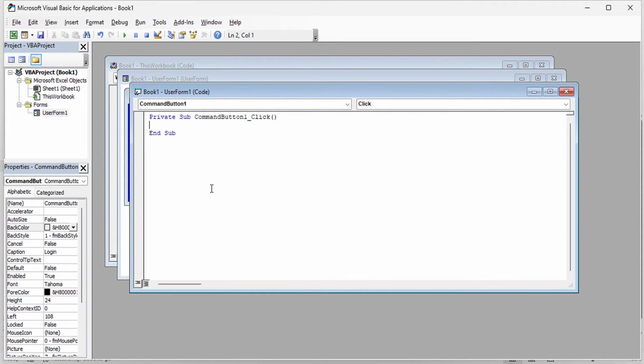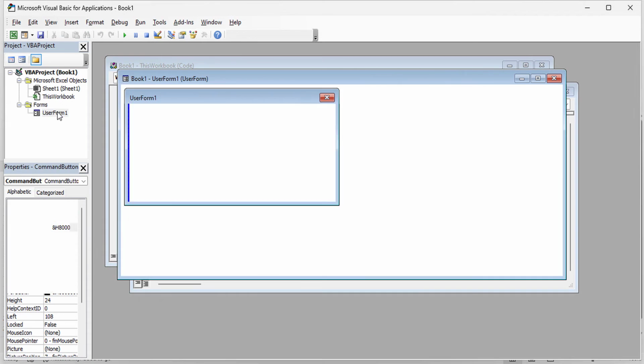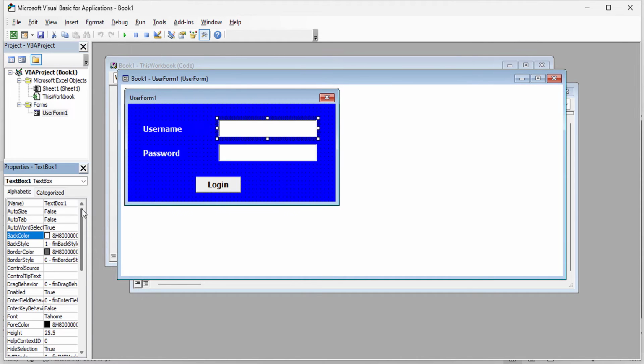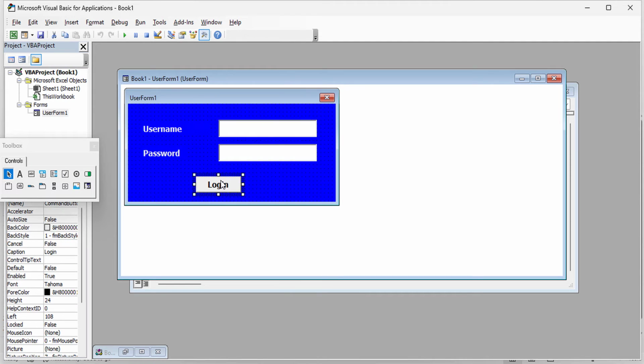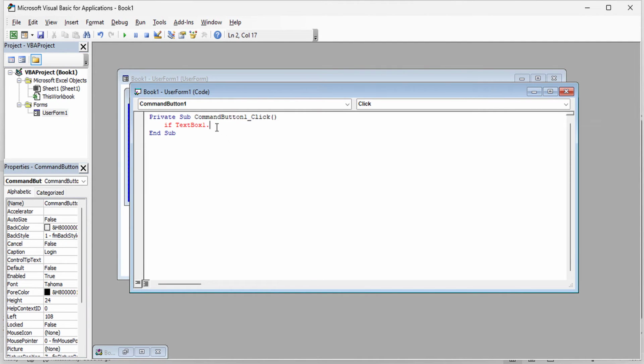For that, first of all, we will take a condition, If TextBox1, okay, the name of that is TextBox1. Let's check it, I will show you. Just come here, and this is TextBox1. See, TextBox1. Minimize it and press on this. If TextBox1.Text = "admin" and TextBox2.Text = "12345", for example. This is the password.